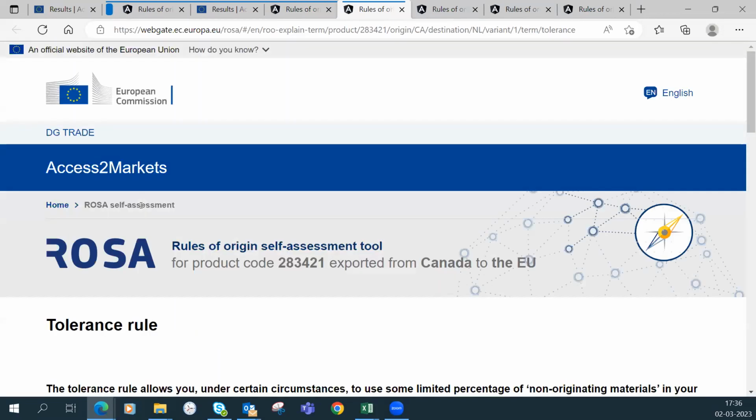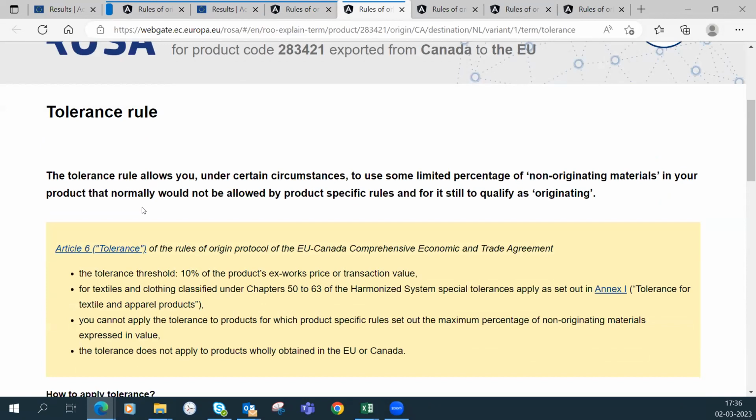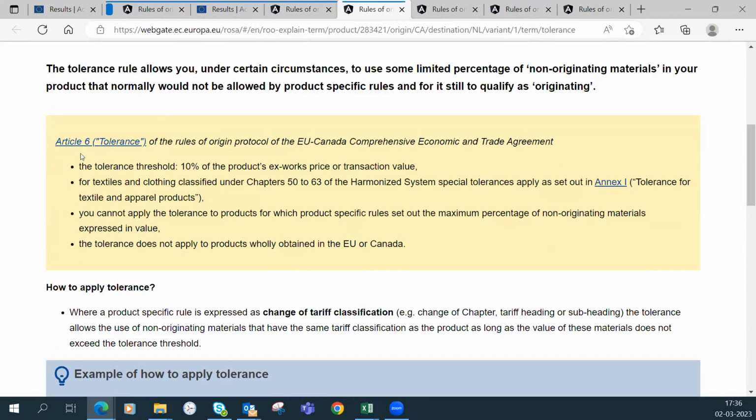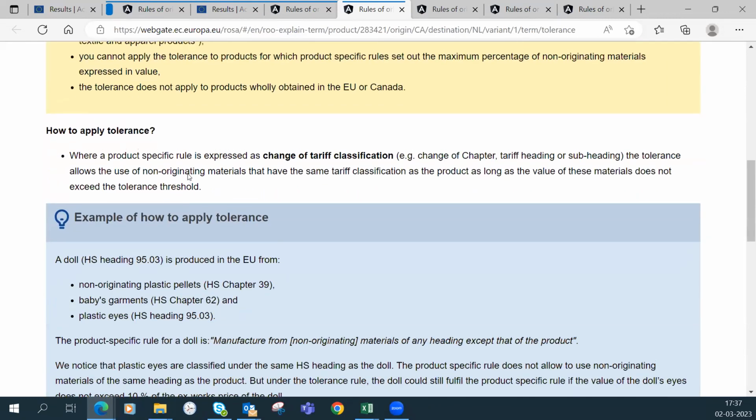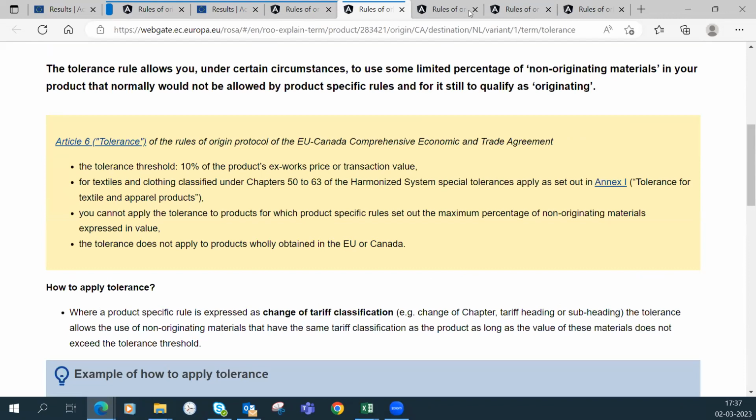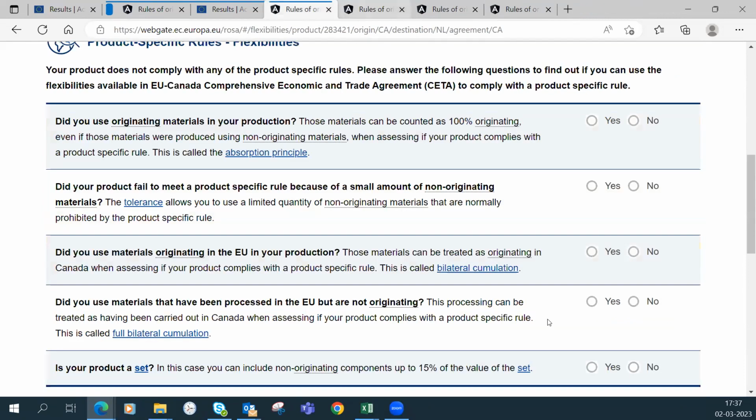So I don't know exactly what it means. Again, I click there and you have the explanation of what the value of the tolerance allowed under the EU-Canada Comprehensive Agreement is, and also an explanation of how to apply this tolerance. So again, you have all the relevant information.